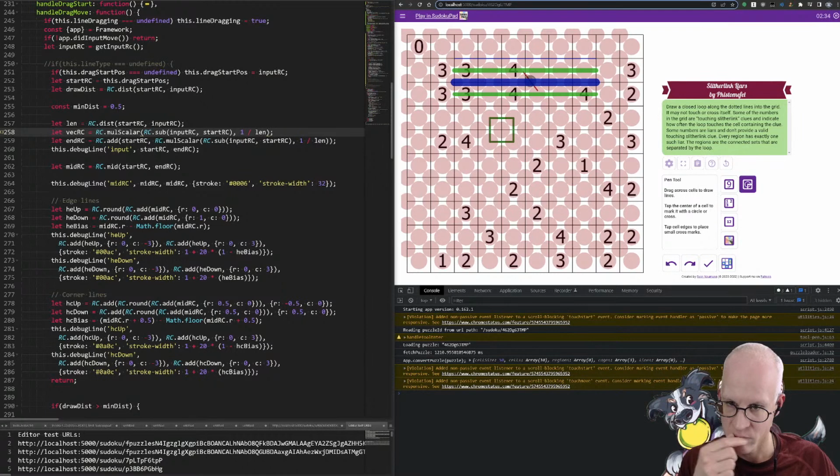Right. So that's just the unit vector of the line. So if I want to now draw a line of length min, the length of this and the actual length, and we want this to be 0.5, we want to add the start, and then we want to multiply